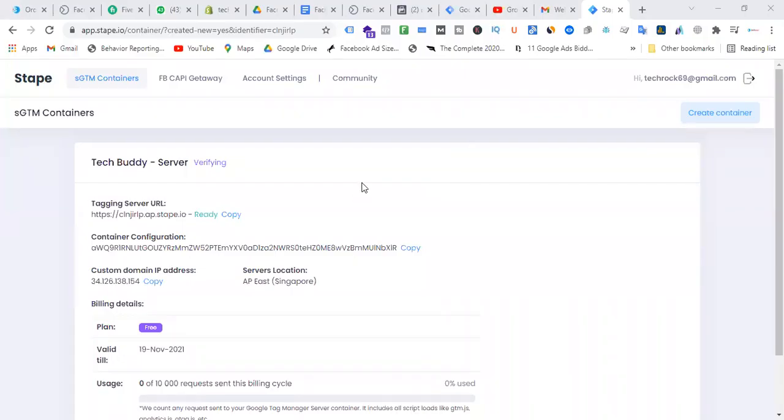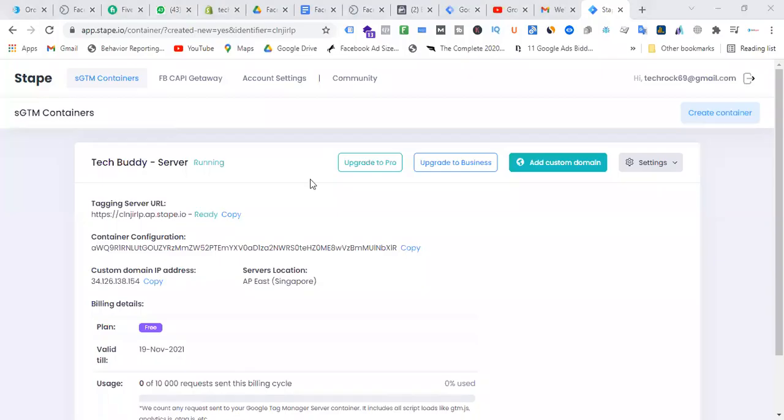Oh, this is actually in the verifying stage. Stape has been updated. First of all, they create the container, deploying and the verifying stage. Then it will be running. Let's see what happened. And yes, it's running. This server is running. Now we will be able to pass the data through Stape.